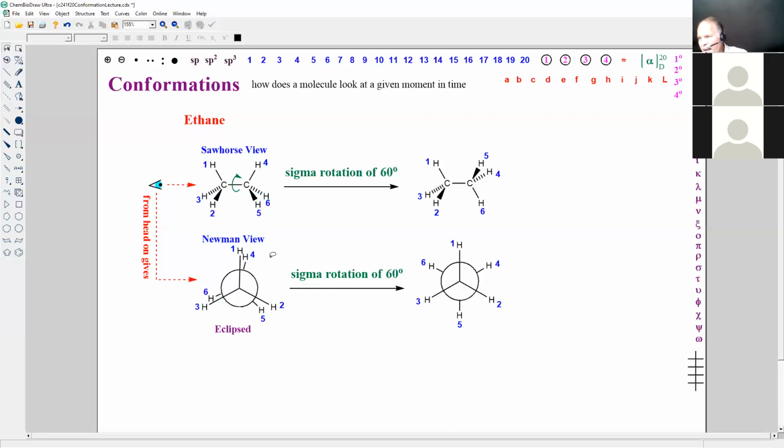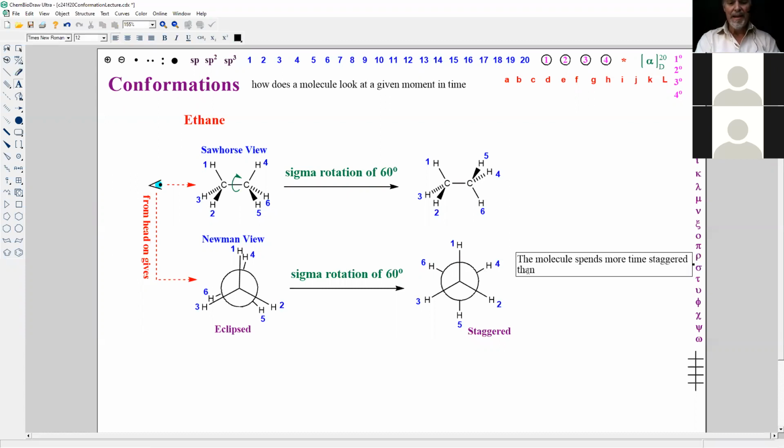And you'll notice the hydrogens here are very close to each other compared to here. So you can probably guess, this one's not going to be called eclipsed. There's a better and more even spacing, so it's called staggered. That's a staggered conformation. And the molecule is going to spend more time over here. The molecule spends more time staggered than eclipsed